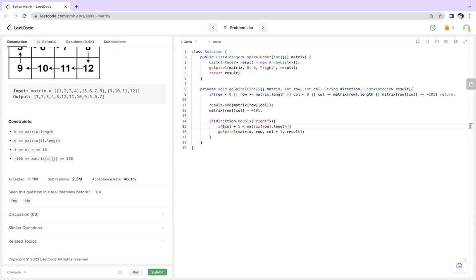Okay, matrix of row dot length, and matrix of row column. We need to put one more thing: column +1 is not equal to -101. So in that case, we'll be giving this call to go spiral. Okay, like this. So column +1 is less than matrix of row dot length, and is not equal to, like this. Else,